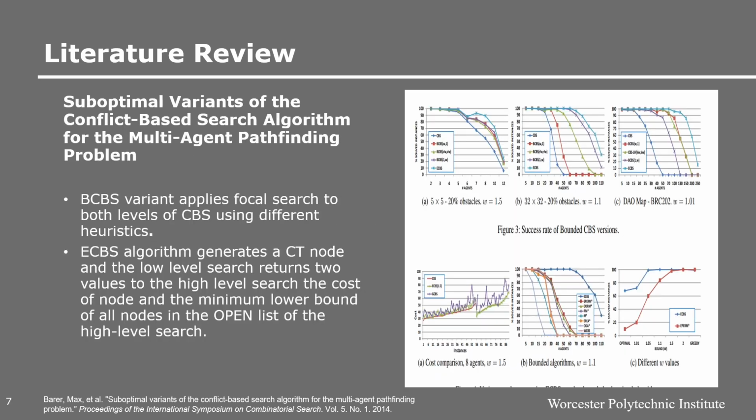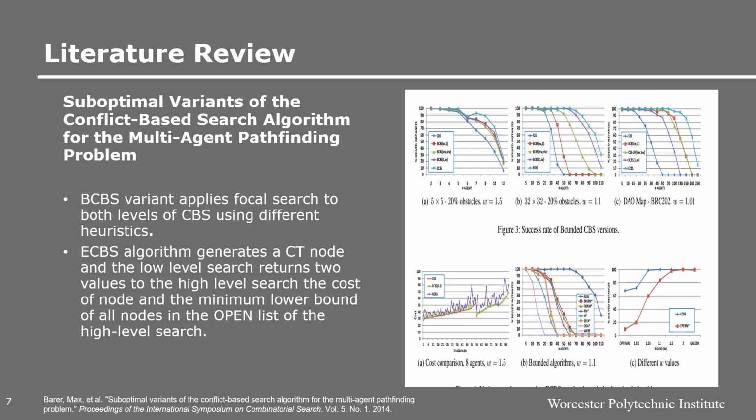Further, we have the BCBS, that is Bounded Suboptimal Conflict-Based Search. This variant applies a focal search to both levels of CBS using different heuristics. And at the end, we have the Enhanced Conflict-Based Search algorithm that generates a CT node, and a low-level search returns two values to the high-level search: the cost of the node and the minimum lower bound of all the nodes in the open list of